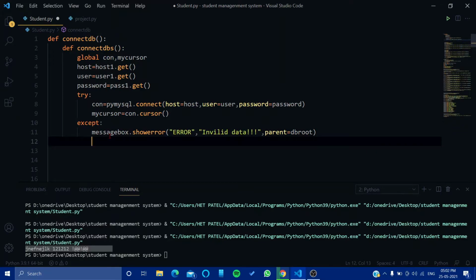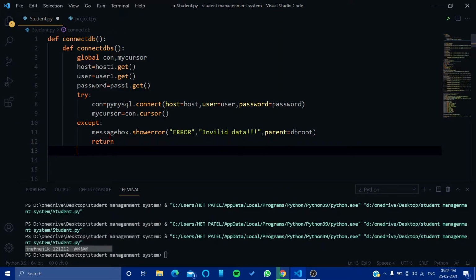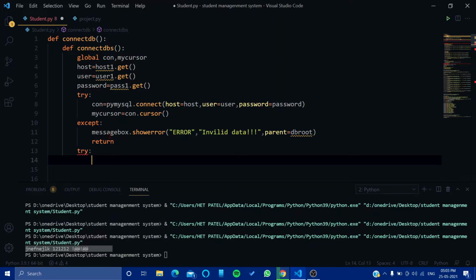Now again, we have to return it, and then we will again use the try and except method. We will just do it for both. Now, why are we using this? Because when the user runs it the first time, there will be no database created, no table, and no data. So for that, we will create everything. And if the user is running the command more than one time, then it will directly open the database and add data to it.